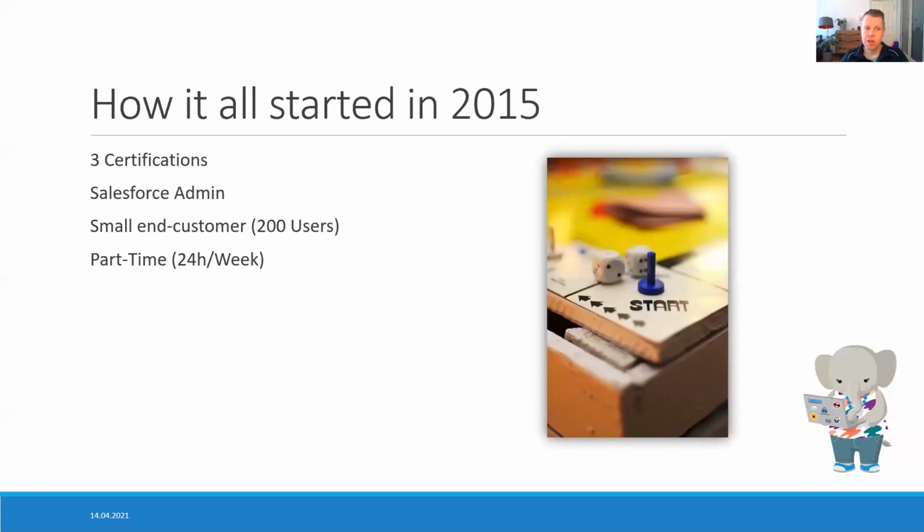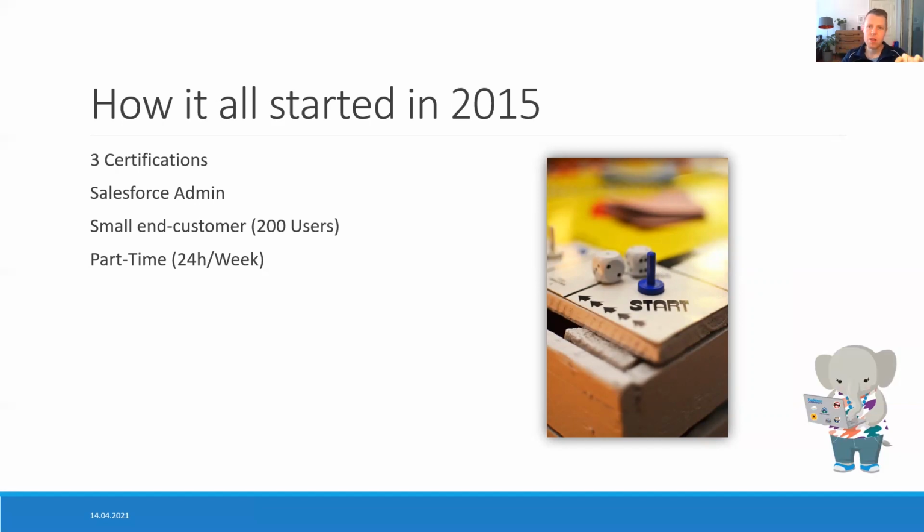So I already told you a little bit. I started in 2015 as a Salesforce admin, with sales and service certifications I already had. I was part of a small Salesforce team, part-time, at a small end customer with 200 users. No way this sets me up for success, people would think. I thought differently, and I think you all think the same way. There's Trailhead out there, there's certifications, there's community groups, there's so many ways of achieving our goals. You don't have to be a technical architect at Accenture anymore.